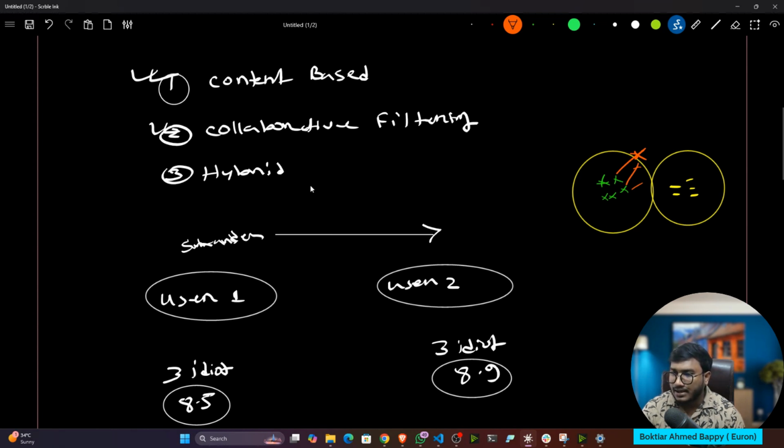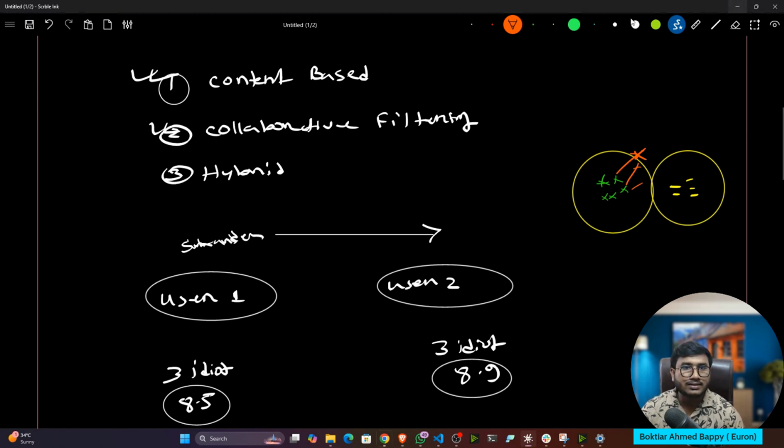Will we use any ML algorithm? Yes, we'll be using a machine learning algorithm for the recommender system. We'll be using one clustering model called nearest neighbor. Have you heard of nearest neighbor, guys? This is a clustering model. We have k-means clustering, DBSCAN, nearest neighbor, these kinds of models. No, not k nearest neighbor. It's nearest neighbor. K nearest neighbor is a classification or regression algorithm.